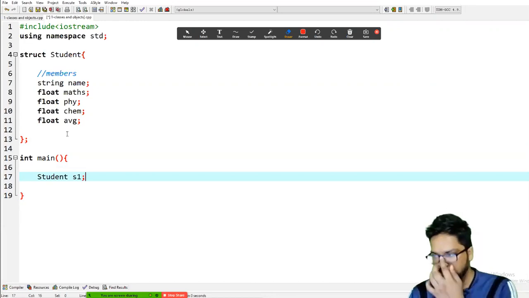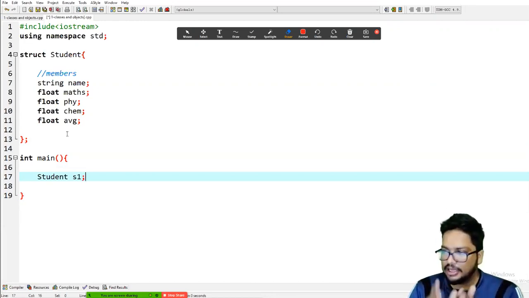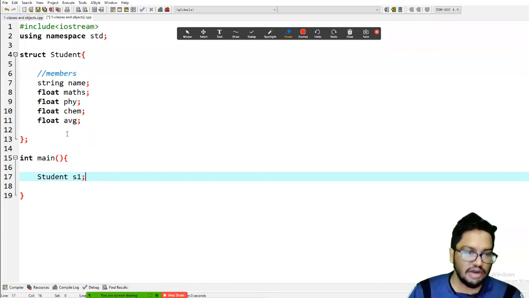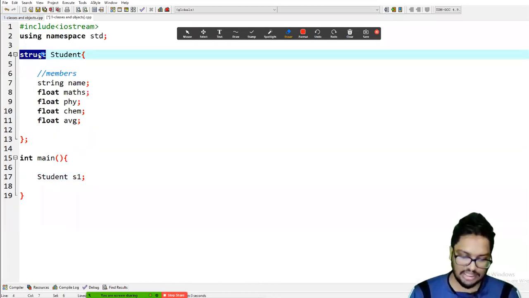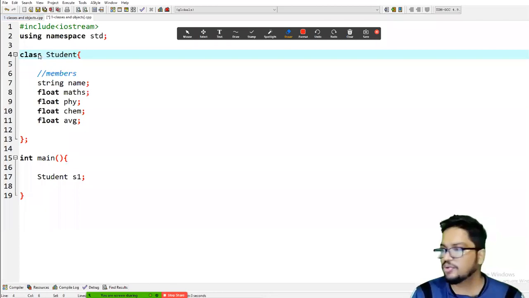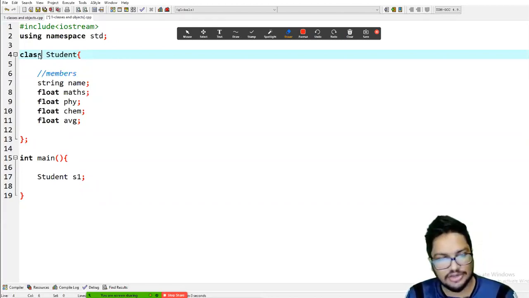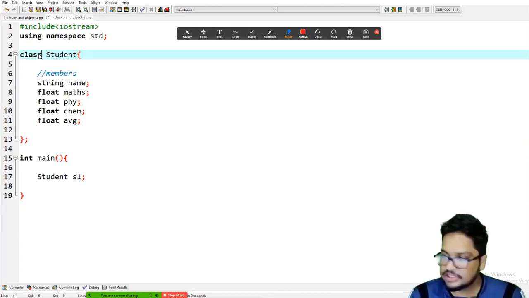Similarly, in a class there are slight differences. You just have to change the name here to class. The keyword is class, not structure.